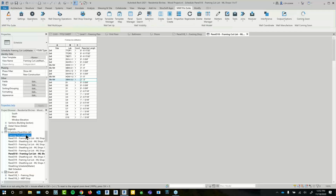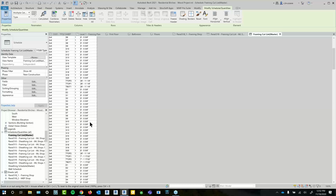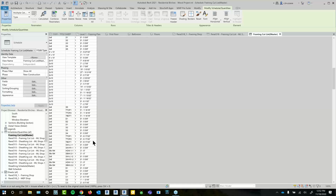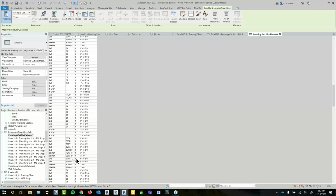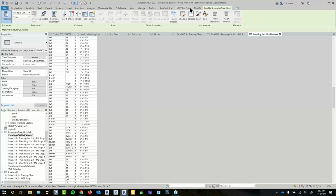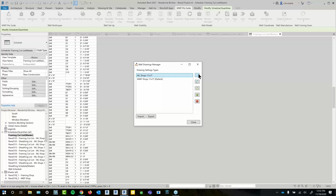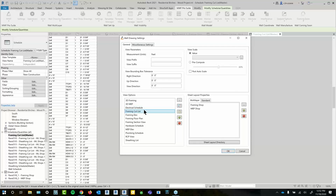And another cool little thing that you can do with Revit is just make this master list. And this is going to auto frame, and it'll give you a list of everything going on in the project, lumber-wise. And this is what we actually use in our shop drawings. So if you do create this big master list like this,